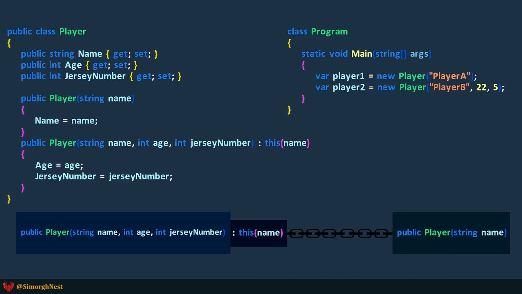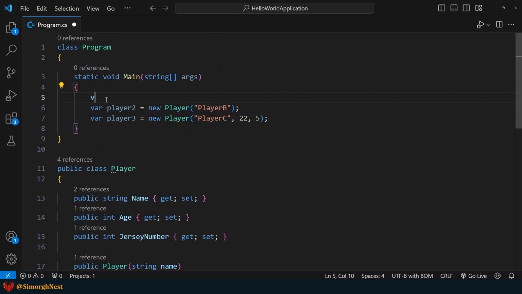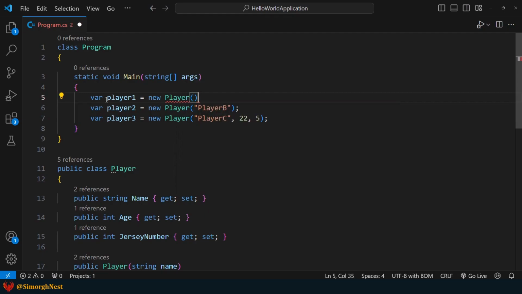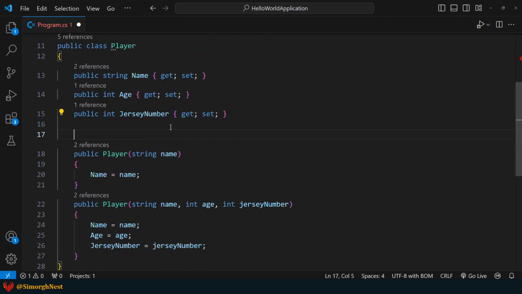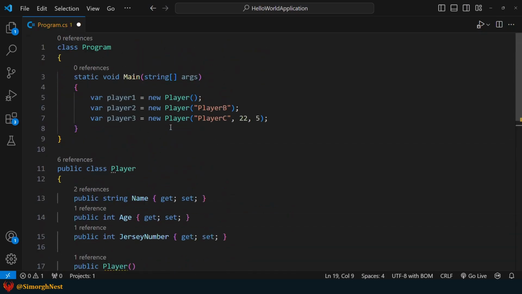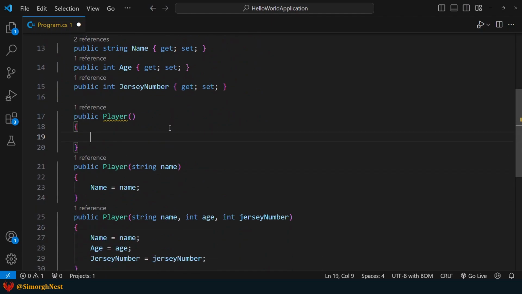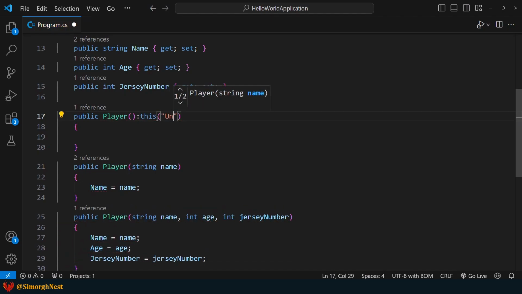Okay, let's look at constructor chaining using VS Code. First, consider this player class. If we make a player without passing anything, we'll get an error. So, let's add a constructor that doesn't take parameters. Now, in the main method, there are no errors, because we defined a parameterless constructor. Let's now chain the constructor with no parameters to the one that takes 3 values, and give each a default.